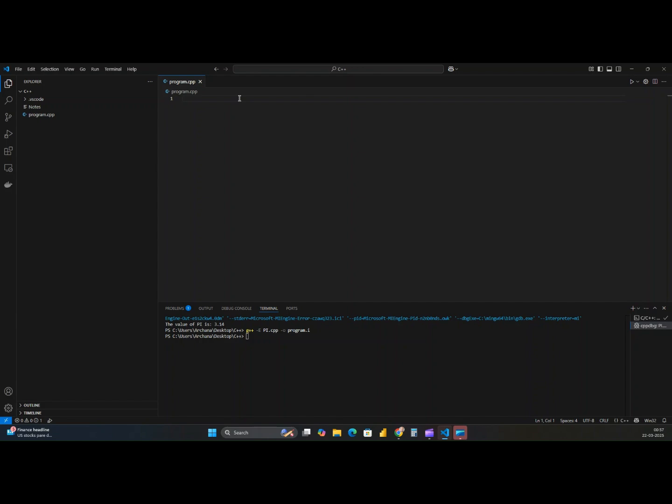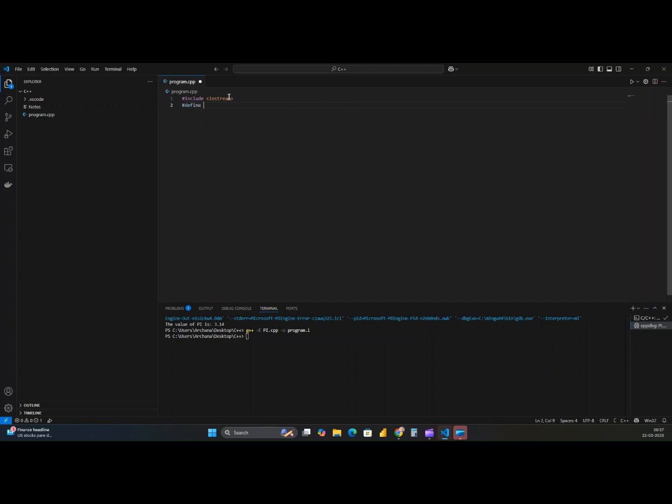Now we can see one example in our Visual Studio Code. Let's take a simple C++ program. #include <iostream>, #define PI 3.14.